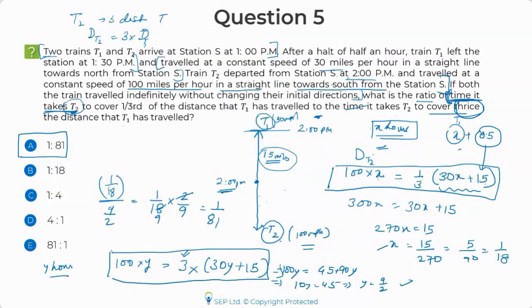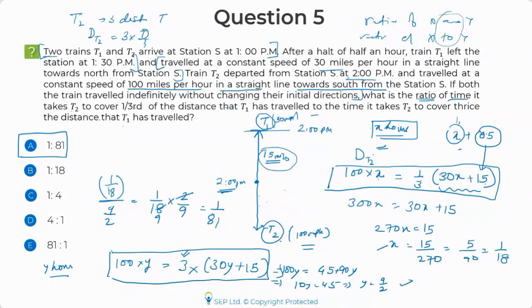Okay. The key here is to remember, see, whenever it's a word ratio, how would you break it down? You would read it like this, that if I want a ratio, I need the ratio of two entities. Okay, so most of the questions would be like this: ratio of x and y, ratio of x to y. So you look for the breakpoint. Where is this breakpoint coming? In this case, the breakpoint is here.